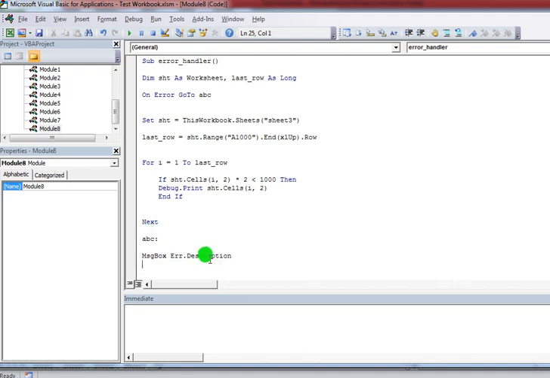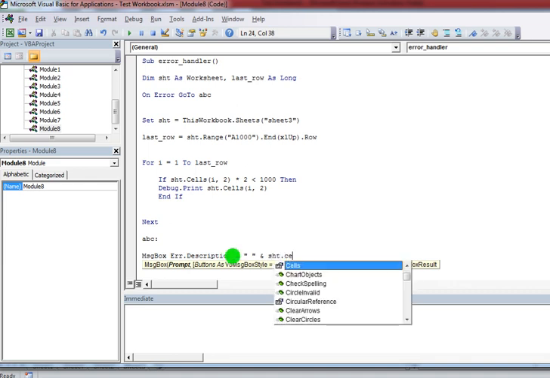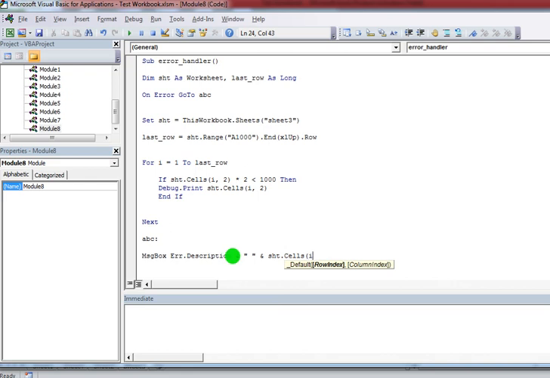And if I want to know where the error occurred, I'm entering the cell address as well: SST.Cells(i, 2).Address. Whenever the error has occurred, control automatically goes to this line and prints the error as well as the cell number.